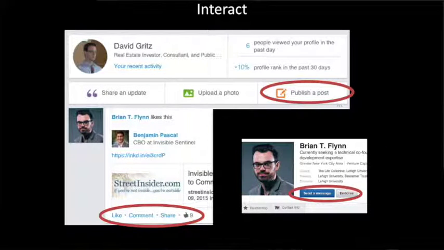And then the last part, which we didn't spend a lot of time on in the call out area, is once you click on someone that has shared something, like you click on Brian, you can send them a direct message. So if you're connected with them as a first connection, you can send them a message. It works just like an email.